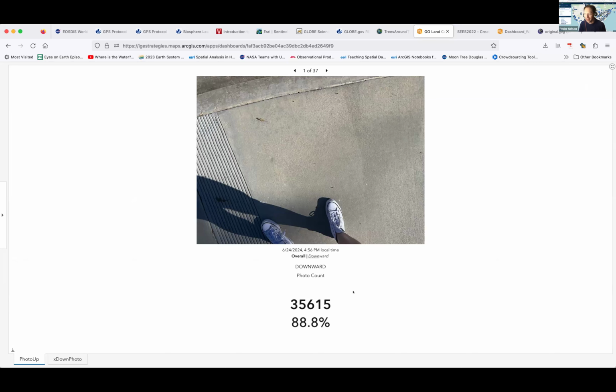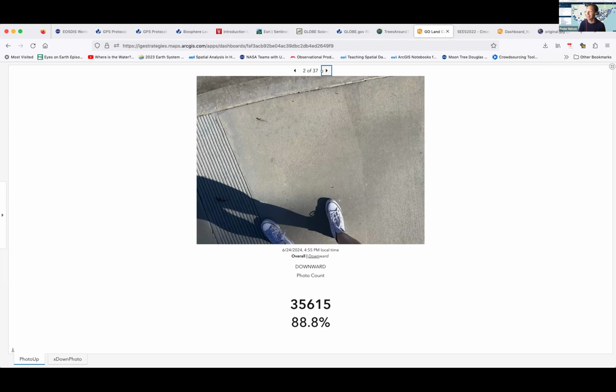In this case, with land cover, we're expecting a down photo. And what I mean by that is you are doing exactly like what a satellite does, looking straight down, and you are taking an observation directly down. And so I would expect to see things like feet, right?